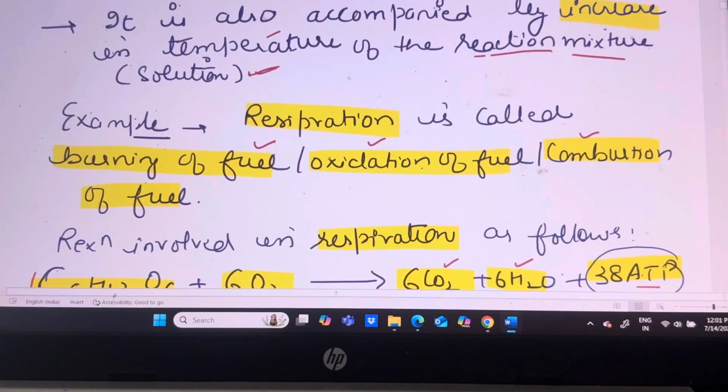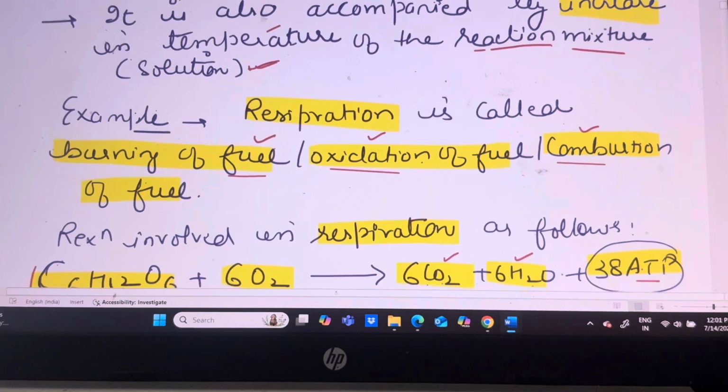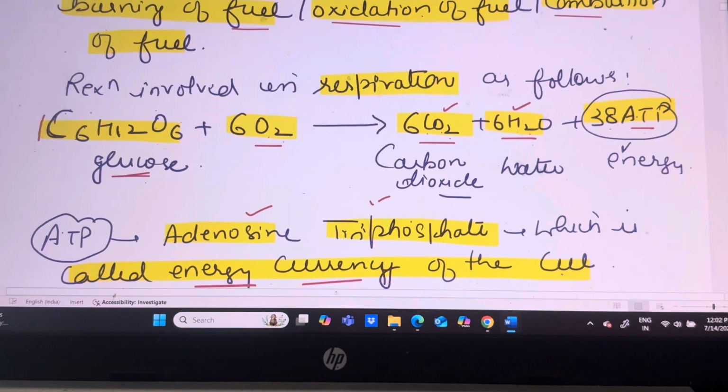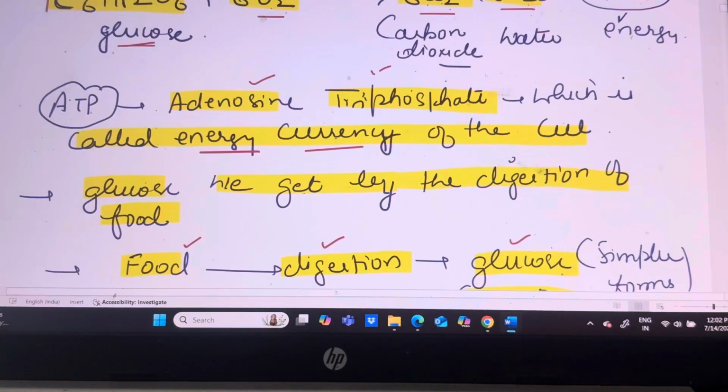Respiration is also called burning of fuel, oxidation of fuel, and combustion of fuel. And the reaction involved in the respiration is as follows. When one molecule of glucose, that is C6H12O6, reacts with 6 molecules of oxygen, it will produce 6 molecules of carbon dioxide, 6 molecules of water, and energy in the form of ATP, and one glucose produces 38 ATP. The full form of ATP is adenosine triphosphate, and this ATP is also called the energy currency